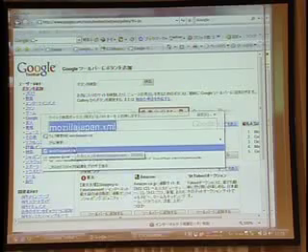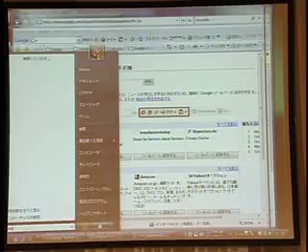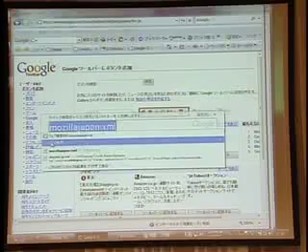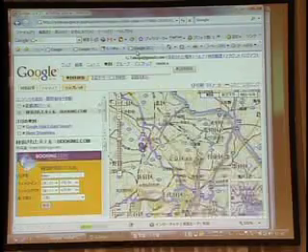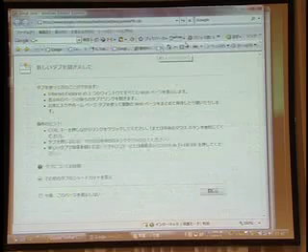Sorry about that. What should I do? I guess I'll have to open my notepad. Okay, it opened up. This is identical to the file I showed you a moment ago. It's already been uploaded. This is the uploaded XML file. So you upload the XML file onto the web. I'm sorry about that.